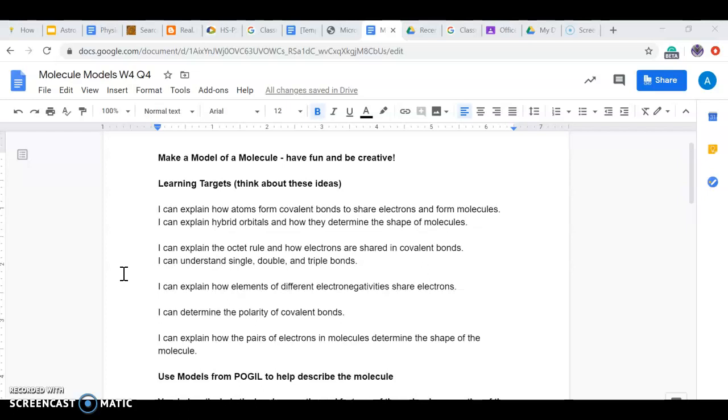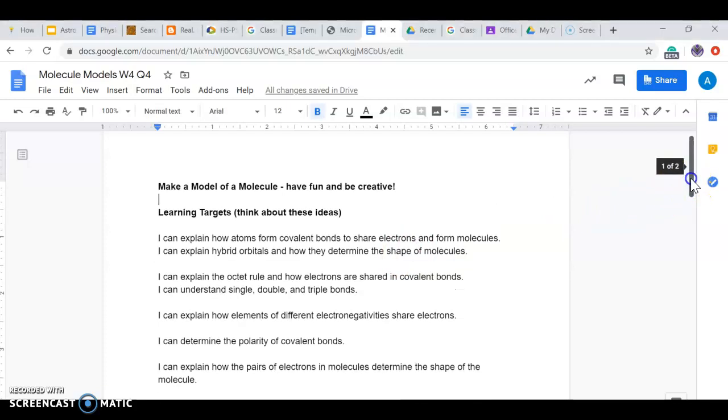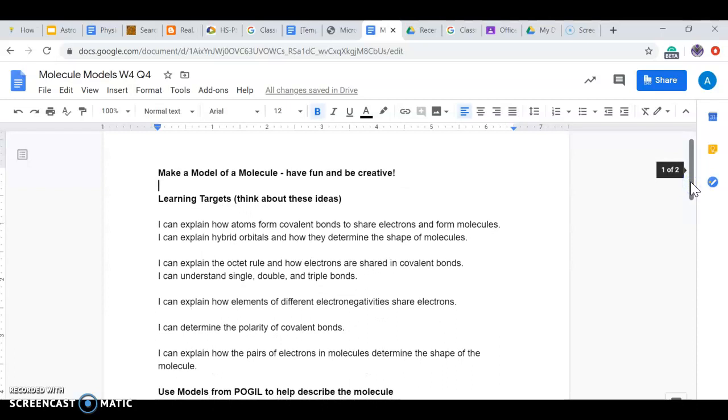So, what I want you guys to do for this week is build a model of a molecule, and you can just use stuff that's around the house, and I want you to communicate in your model some things that you've learned about them. So I want to make this fun and creative, and we'll make it a bit of a competition. So I will select the top 4 projects that I think do a really good job, and then those top 4 people will get to drop